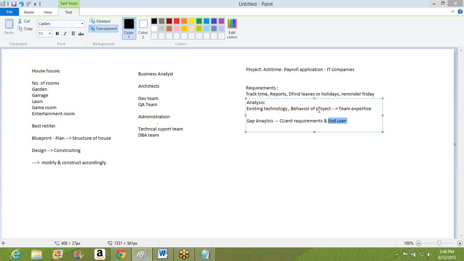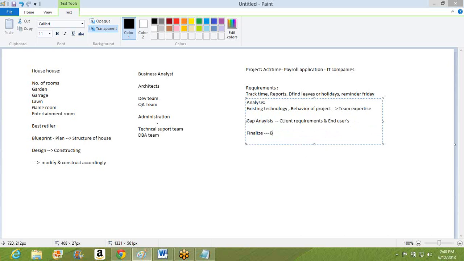These business analysts will interact directly with the end users, who are the people using that application. In the analysis phase, before starting with the coding or designing, they need to know first of all what the existing team is, what the existing technology is, and what should be applied for a particular application. So they'll finalize everything in this particular phase